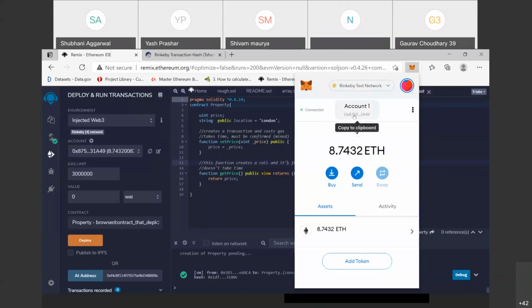So here is Account 1 that is connected, green signal connected, 8759, 8.7432 ethers. Here it's account 875 and here is 8.74 ethers. From this, we have guaranteed that our MetaMask is connected with your Remix platform.